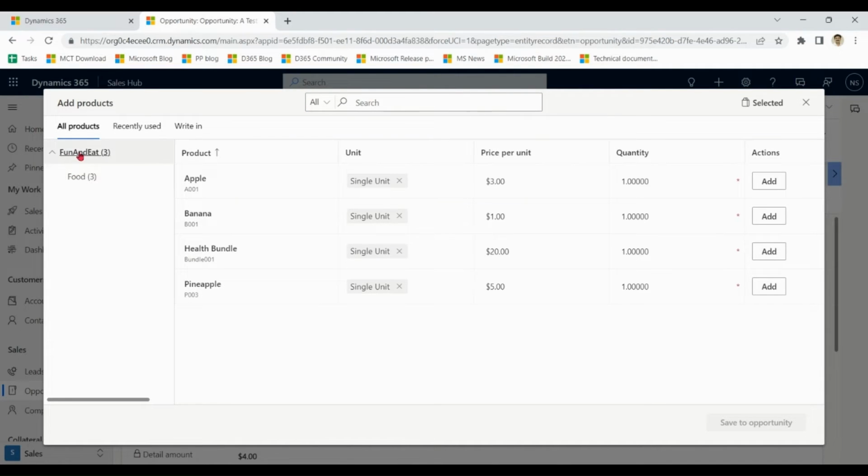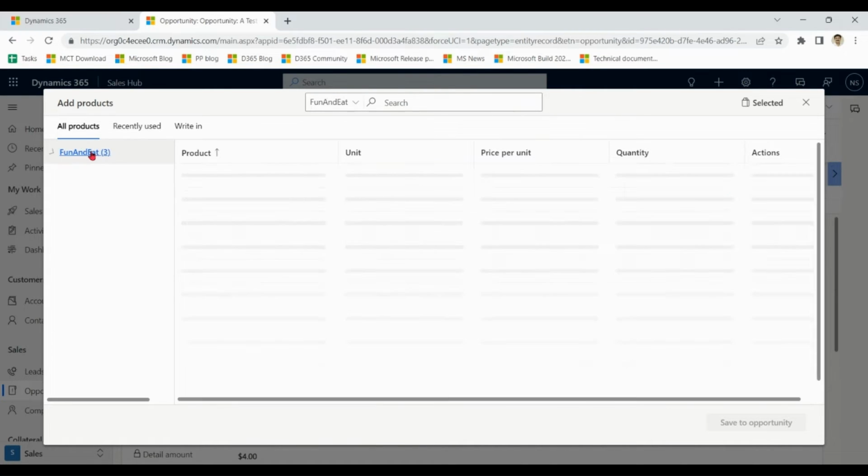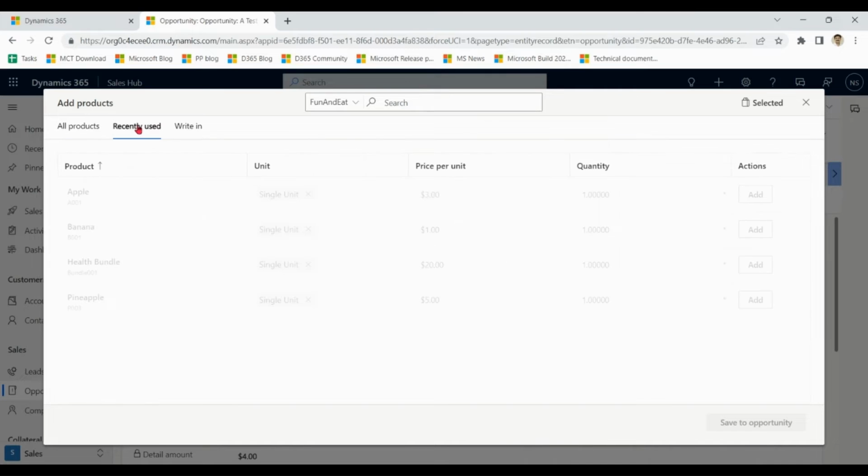So you can also see the enhanced view shows items in different families this way. Recently used. When we have a product under a price list known as a standard product, sometimes we also need to sell some product ad hoc. In that case, we have writing products. Like for example,